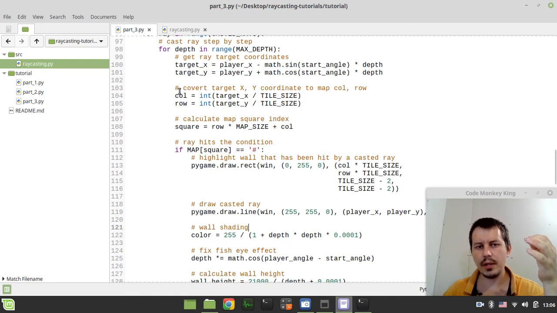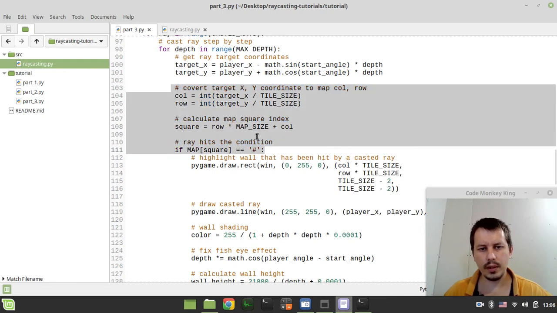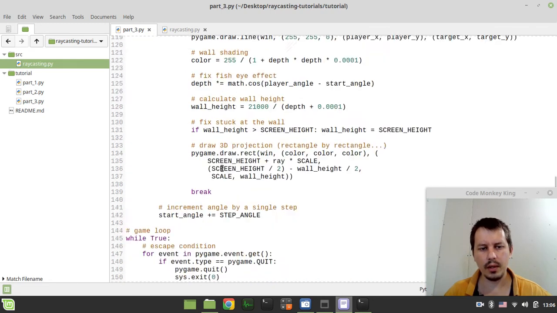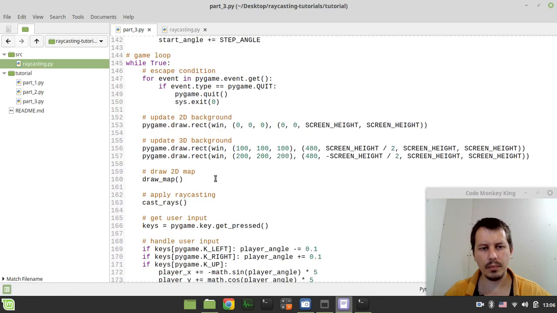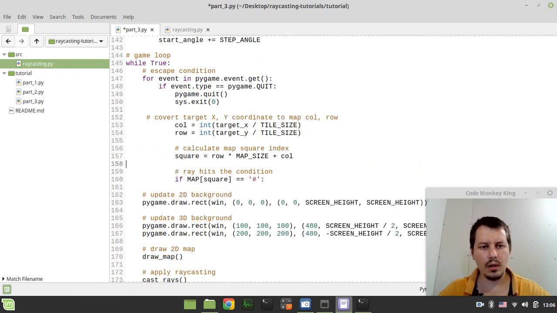But in this case, instead of using the target X and target Y, we're going to be using the player X and player Y. So we can grab this code, copy, and then go into the very beginning of the loop. So before anything else, here,